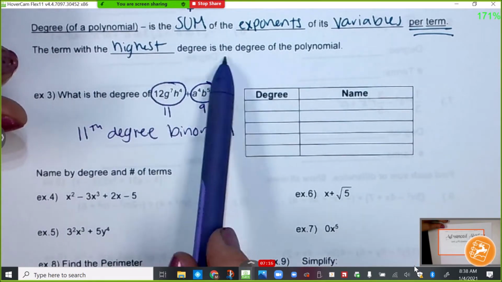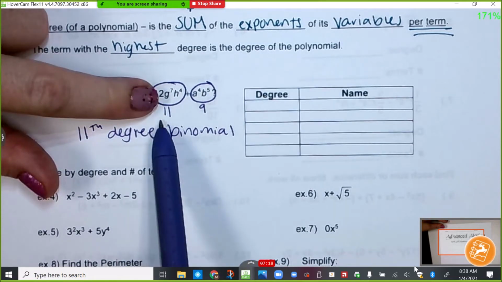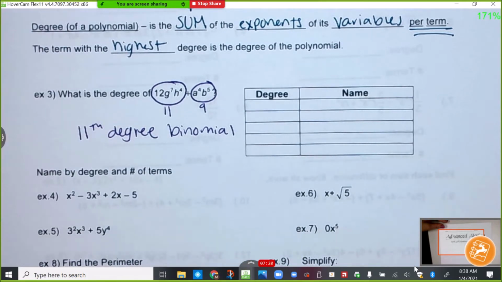11 is higher than 9, so it's an 11th degree binomial. Okay? Now, degrees tell us other things also. They tell us what type of equation it is. Okay, now when it has multiple letters like this, I can't sit here and tell you this is a certain